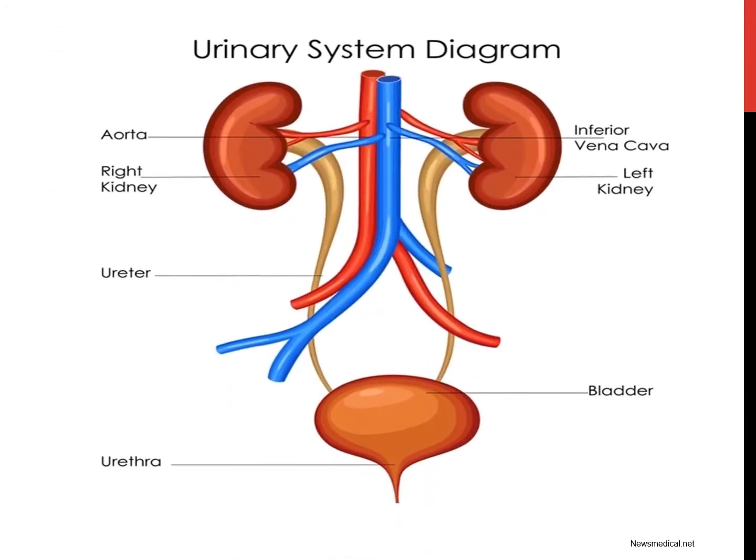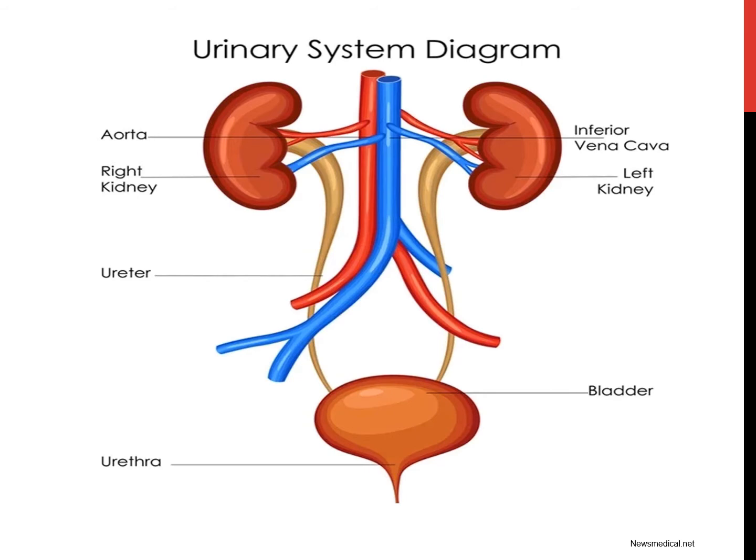In this slide, we see the diagram of urinary system. This diagram is important from the exam point of view. In the diagram, we see a pair of kidneys. We also see the blood vessels. We see the red blood vessel. It is called as the renal artery. It brings oxygenated blood to the kidneys. The one in blue color is a renal vein. It removes deoxygenated blood from the kidneys.